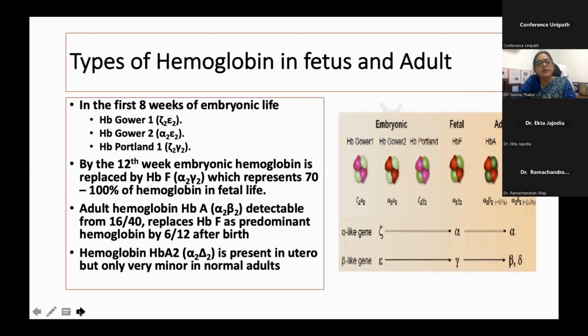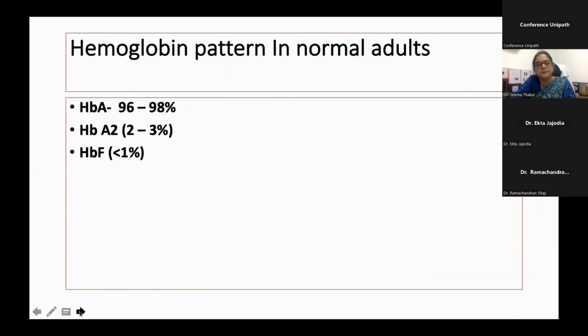In the first 8 weeks of life, there are the embryonic hemoglobins, that is Gower 1, Gower 2, and Portland 1. By the 12th week, hemoglobin F starts forming, and hemoglobin F persists till about 6 months post-birth. Adult hemoglobin starts forming at 16 weeks of pregnancy, and it totally replaces hemoglobin F after birth, usually 6 to 7 months after birth. In normal adults, we have hemoglobin A of 96 to 98%, A2 2 to 3%, and hemoglobin F less